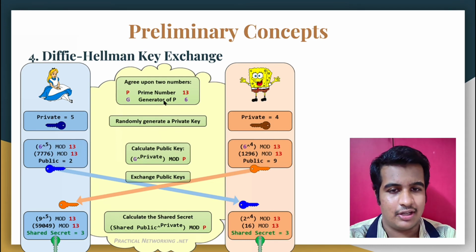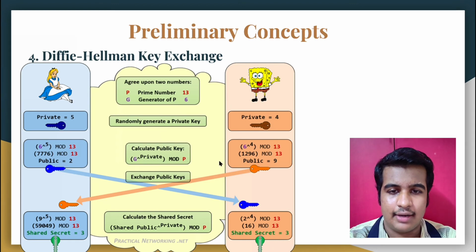Now what is this generator? It is a number for which a modulo operation with P results in 1. As we know, 13 mod 6 is 1. Now another set of numbers are the private keys, that is K. 5 is the key only Alice knows and 4 is the key that only Bob knows. Now they both perform the operations as follows. G, the generator, is raised to the power K, the key, mod P, the prime number. After this, Alice and Bob get the values 2 and 9 respectively.